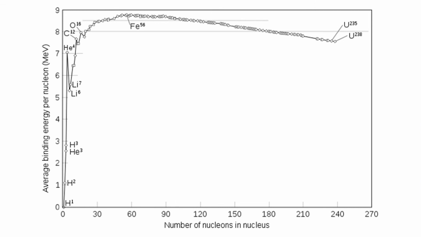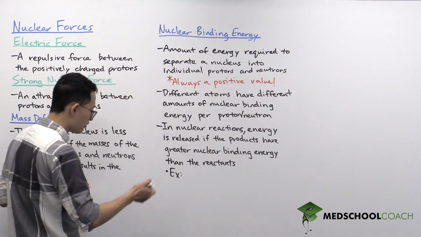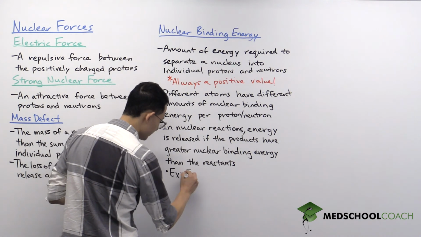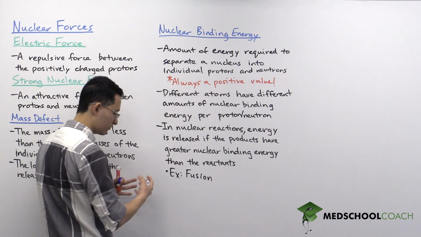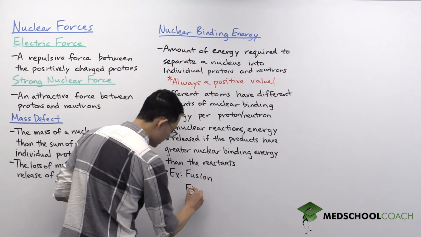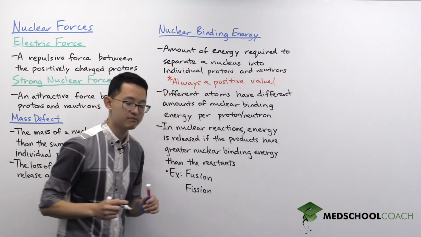nuclear binding energy curve. This graph shows the amount of nuclear binding energy per nucleon in all the atoms of the periodic table. And what you can see is that elemental iron has the most nuclear binding energy per nucleon. So that means if you go up in mass or decrease in mass from iron, those nuclei are held together less tightly with less energy. And that actually explains why we're able to release energy in both nuclear fusion, where we take smaller atoms and fuse them together to form larger ones, and nuclear fission, where we take larger atoms and we split them into